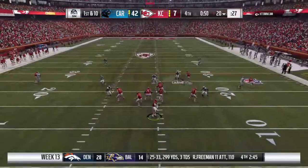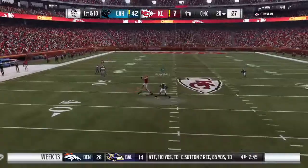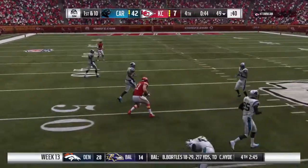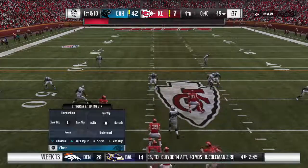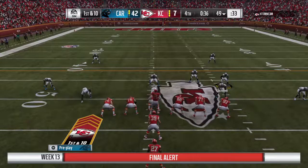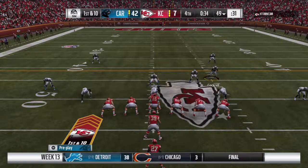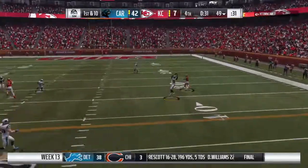Throwing on 1st down is Mahomes. The tight end Kelsey has it over the middle. He got 29 yards that time. They're going to need to get up and set in a hurry. Offense for them has been at a premium. You wonder where plays like that have been all game long. They're thinking the exact same thing themselves, but they're also...